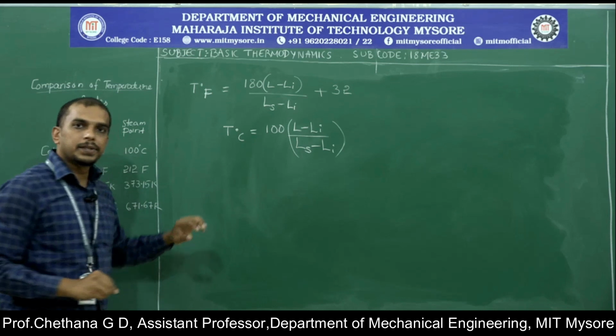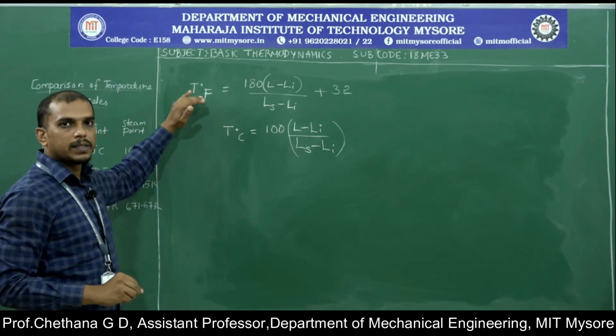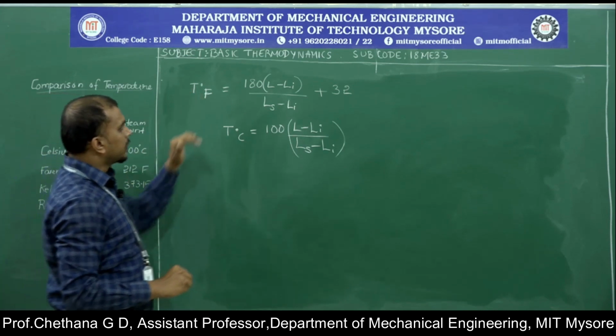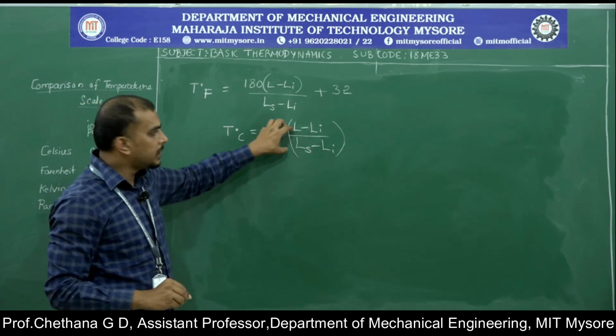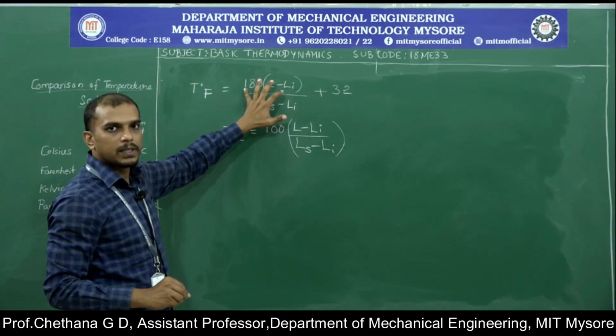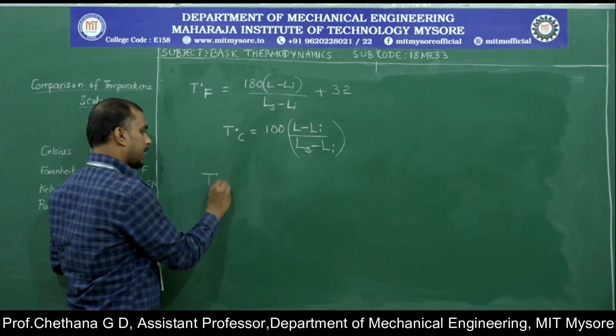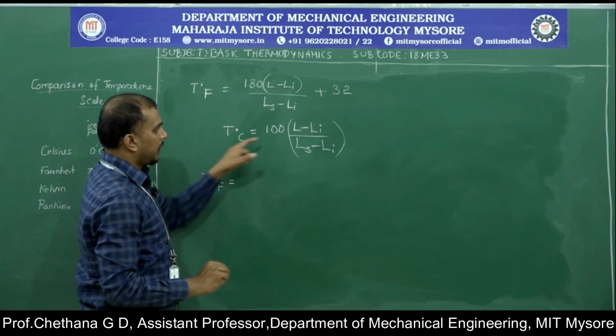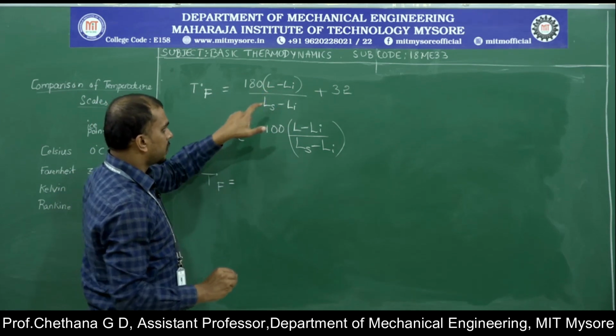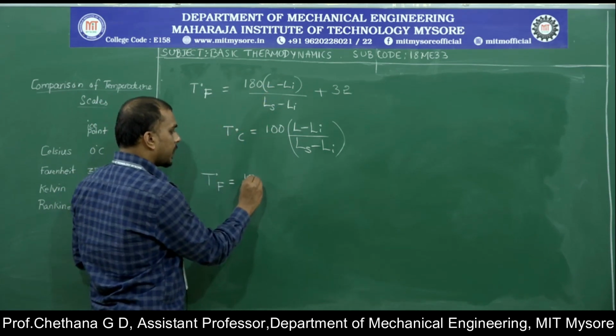So now, what is the relationship between Celsius scale and Fahrenheit scale, which we will try to derive. If I try to put this expression here, it becomes Celsius. So that is what we try to do. I will take the Fahrenheit scale. I want this term here. So what we will do, we can simplify it as